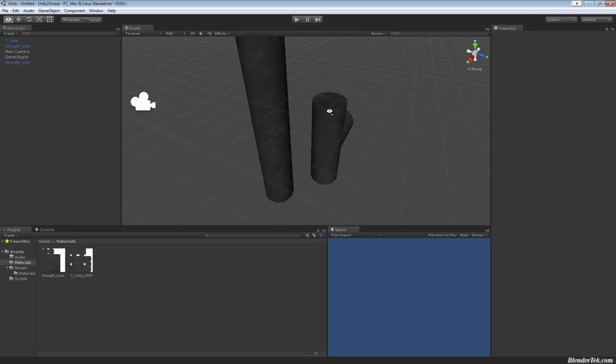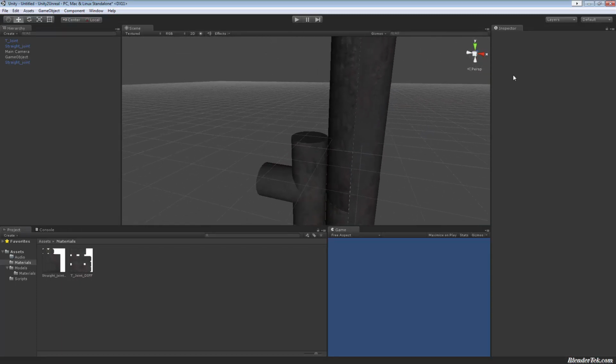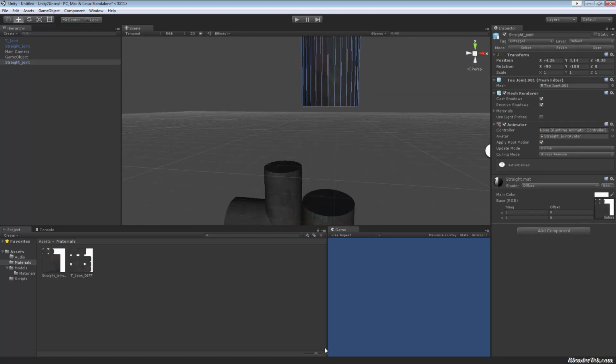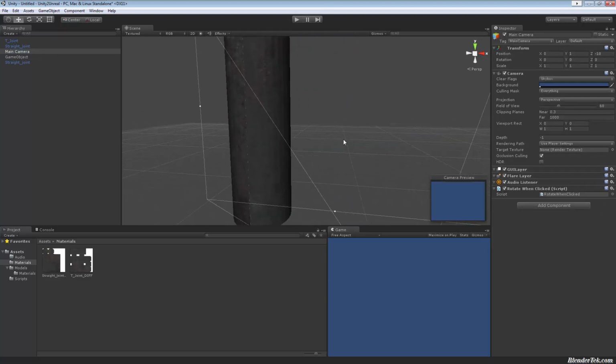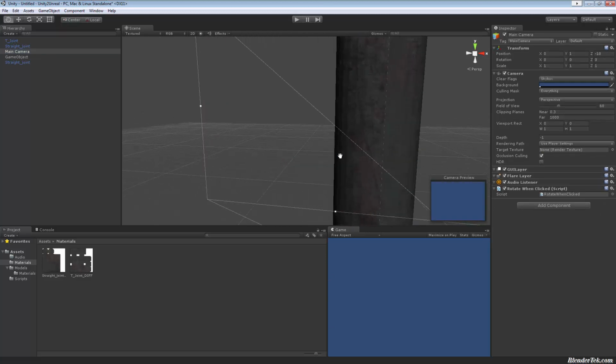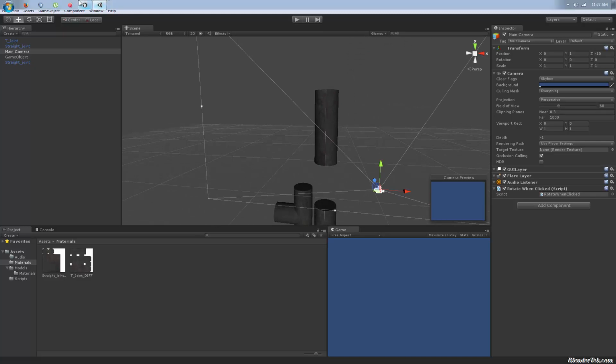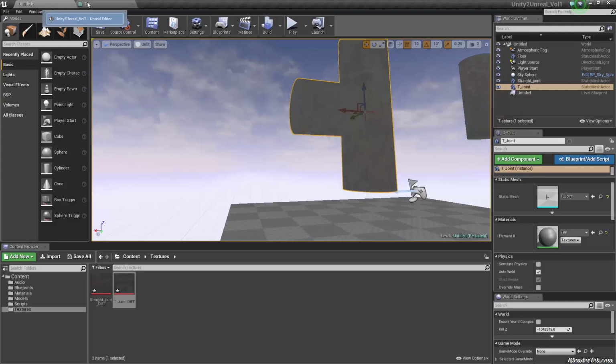So in Unity, let's see if that seam exists. Oh yeah, okay, so that seam is there. Remember, I have two of these, so I'm going to drag it up. So in Unity, that seam was there. I didn't create this texture 100% perfectly. Basically, I just pasted a metal texture over the entire UVs. So that is showing that it's working exactly the same in Unity as it is in Unreal from Blender.